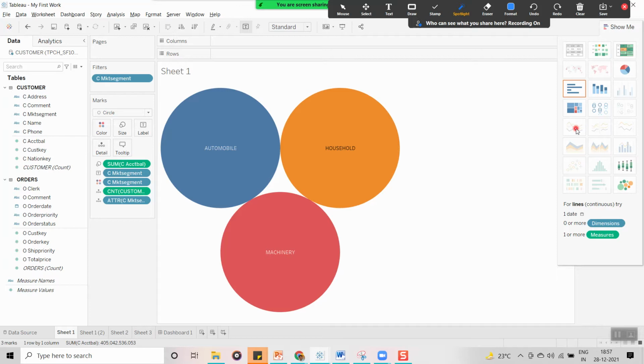To create a line graph, one date field is mandatory, zero or more dimensions, and one measure. One date and one measure, those two are mandatory. Here we have not used any date field, that's why this visualization is in disabled state.